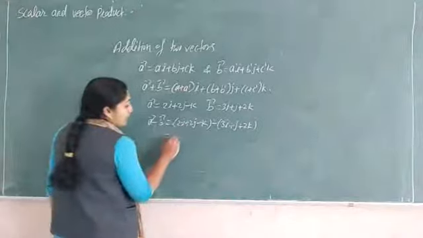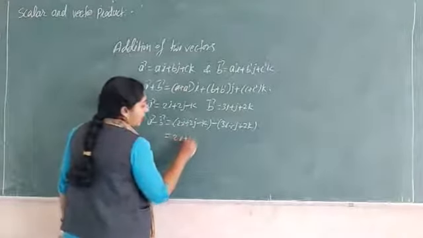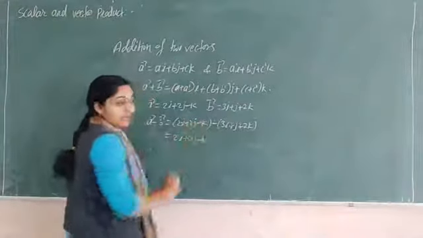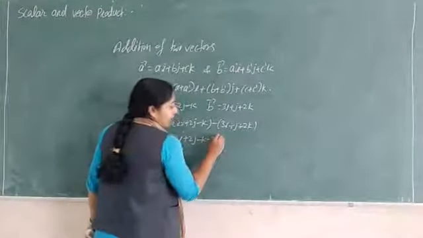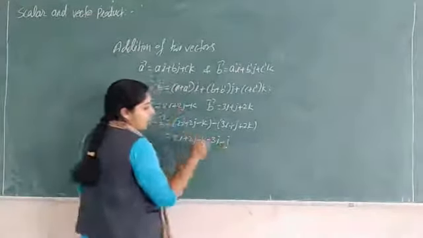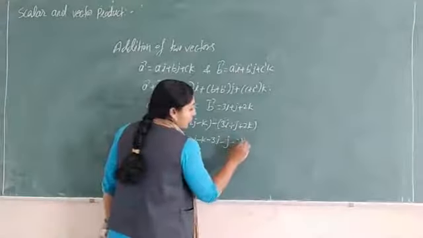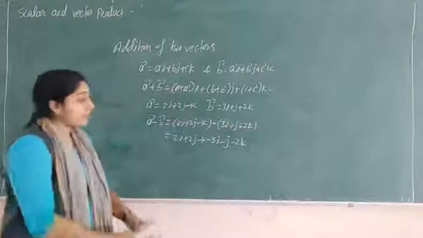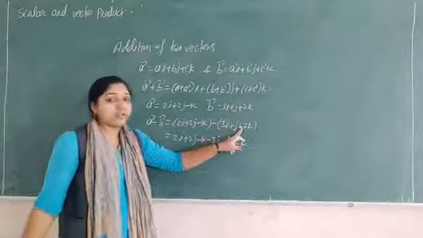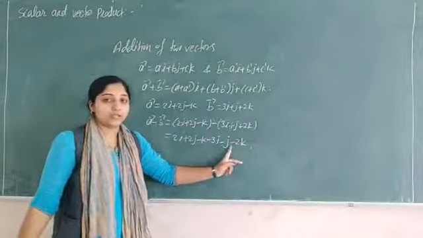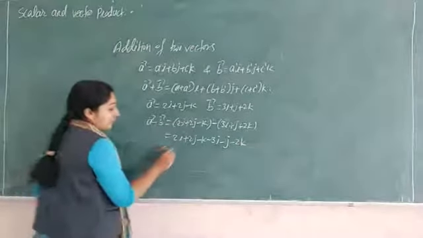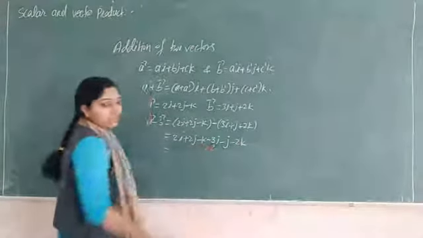Then first write down this as it is, 2i plus 2j minus k. Multiply the minus sign: here it is positive, so you will get minus 3i. Here also it is positive, you will get minus j. Here also we have positive, you will get minus 2k. Suppose you have negative here, and you multiply this minus sign inside, you will get positive.